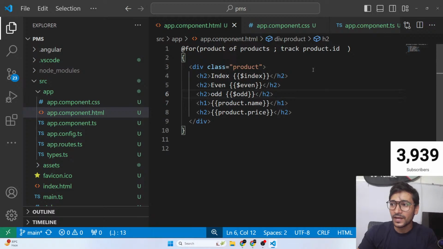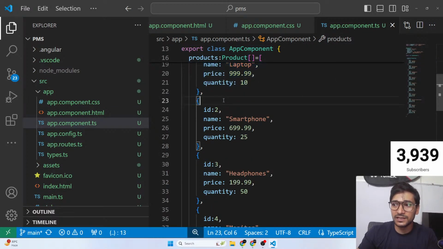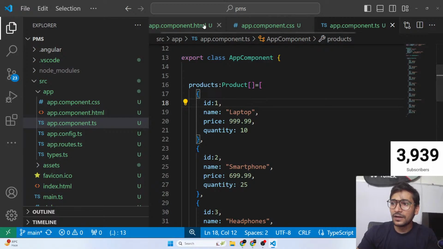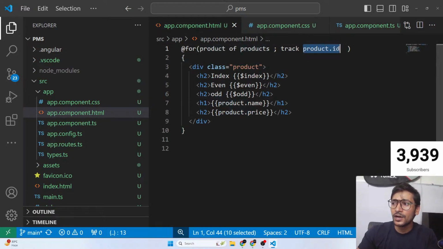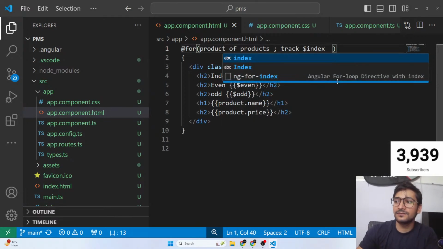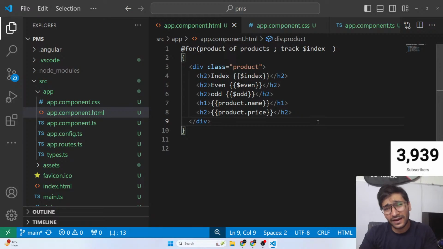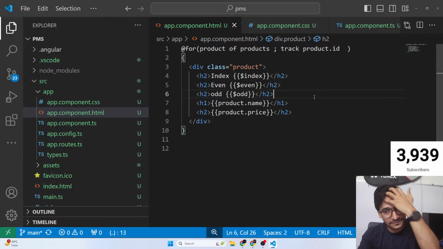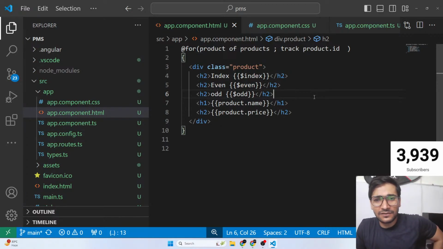Yes. So guys, see, initially I created product ID, which was something unique, right? But if you want, you can also say that, okay, don't track it based on ID. What if your data doesn't have ID? So in that case, you can say, okay, do one thing, use the index to track based on index. That's also completely fine. Is that clear? So yeah, you can do something like that. But I would always suggest you to use IDs rather than indexes. Yeah, you can use it, Rex. Completely fine, buddy. Completely fine.